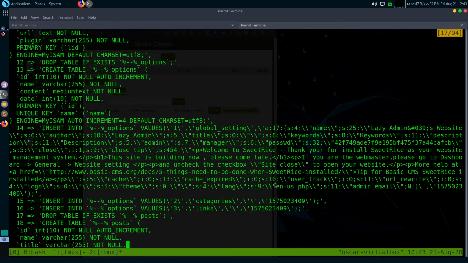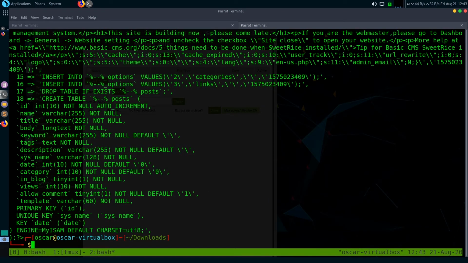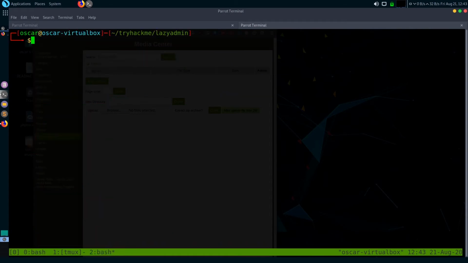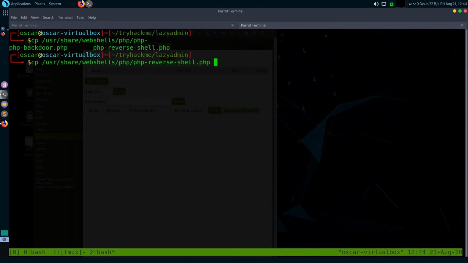I'm just going to use the reverse shell from Pentest Monkey. So it's located in /usr/share/webshells/php, and php-reverse-shell.php. Okay, let me copy it in my current directory first,